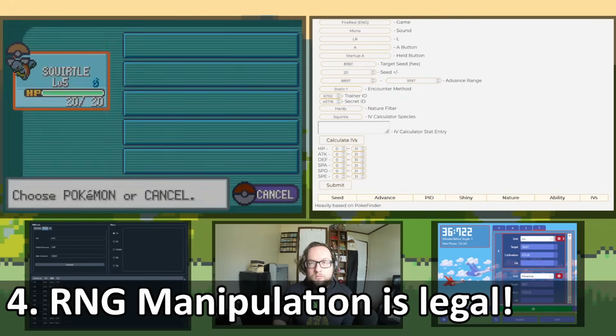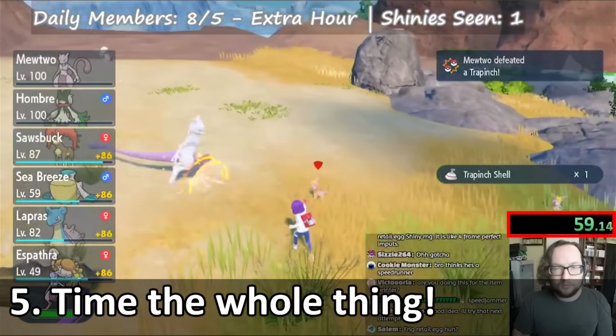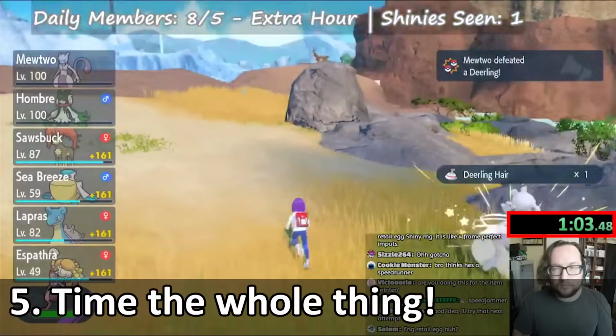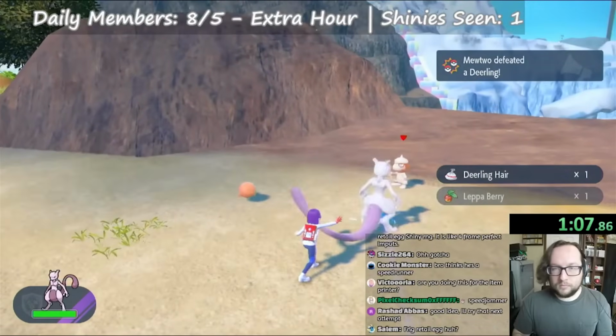4. When available, I will use RNG Manipulation. It is not banned by any rules, and it's different from glitches. I'll talk more about this later though. 5. I will be timing the whole thing using a live timer somewhere on the screen to see how long everything takes. So I told AIM I'd only need about a week to make the team,